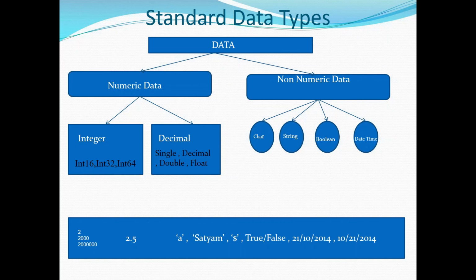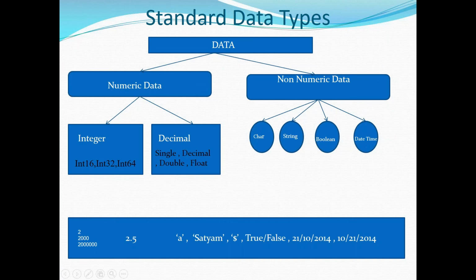But in case of smallest, what will happen? A lot of memory wastage will be there. So that is the reason Microsoft has also provided some kind of flexibility over decimal. So here also, based on your requirement, you can decide.